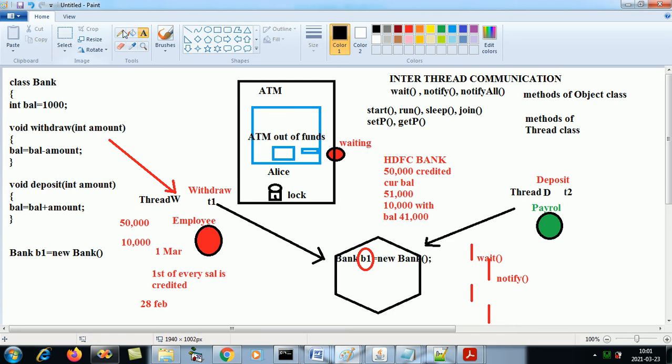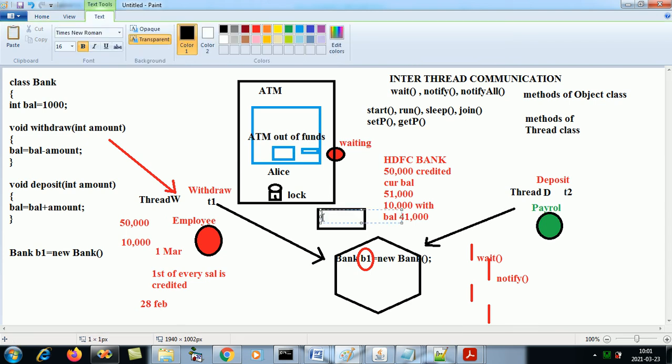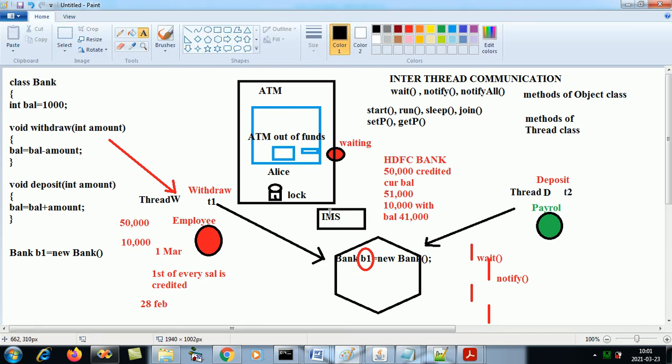No. Then she sees a van waiting outside. We have these vans which deposit money to the ATMs. There are many companies, IMS is one of them, a very famous brand you see on the road. So she sees an IMS van waiting outside, which has come to deposit money in the ATM.